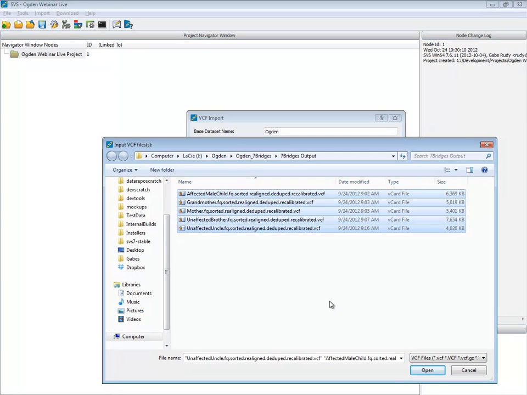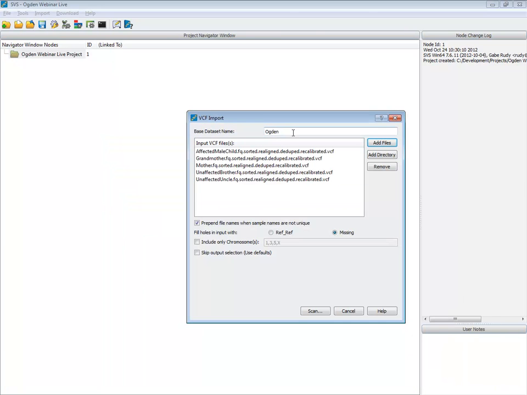So I'm going to go ahead and select all of my VCF files here. I gave the files a base name. Two options to keep in mind. Because we're having the VCFs produced in a manner where there's a single sample in each file, each is going to contain just the list of variants for that sample. So if one sample has a variant and another doesn't, there'll be a hole in the spreadsheet that needs to be filled in.